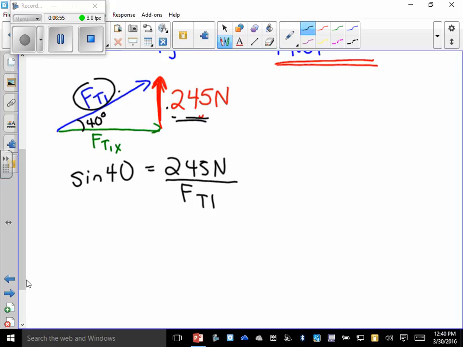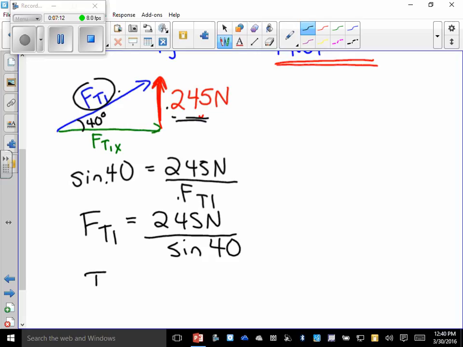So we want to get Ft1 by itself. I multiply both sides by Ft1, I divide both sides by sine 40. Now I have calculator work. I want to put Ft1, the force of tension from wire 1: 245 divided by the sine of 40. I got 381.15